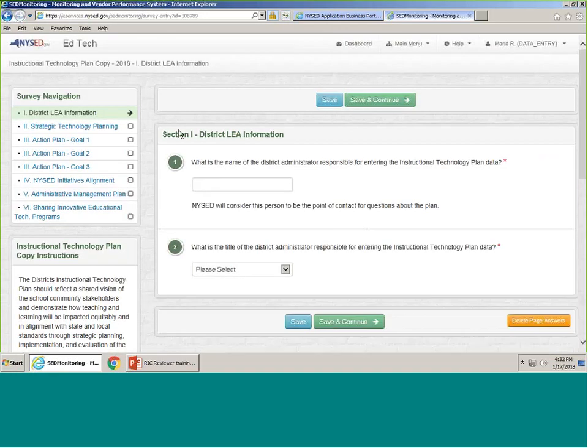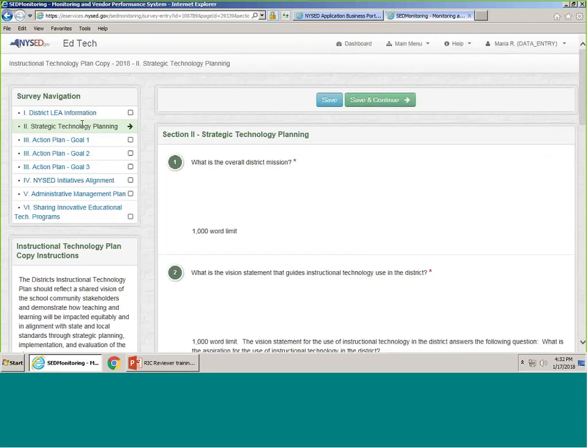As you can see, there are different sections, and they're over on this side. The district will be completing this, and they cannot move on to the next page unless all the questions are completed. The Save and Continue button allows the person to save all the data and move forward. So this is the simple Section 1. Section 2,